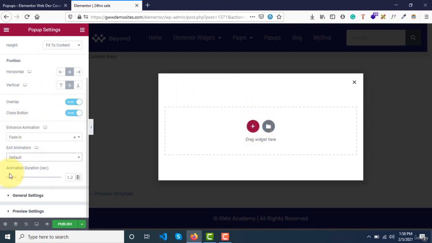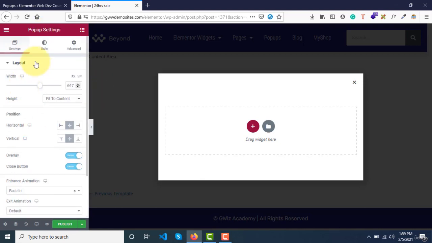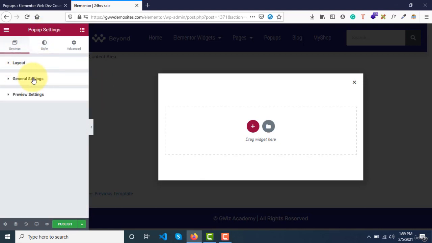And then we have animation duration. You can set it to 0.7, 0.8, or 0.9, or just keep it 1 second, right? Once these options are done, close this layout option. Then we have general settings. Under general settings, you can